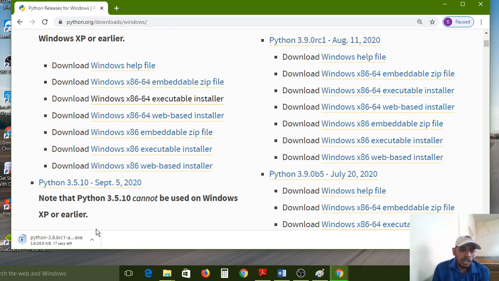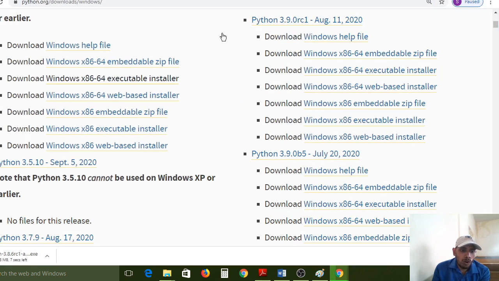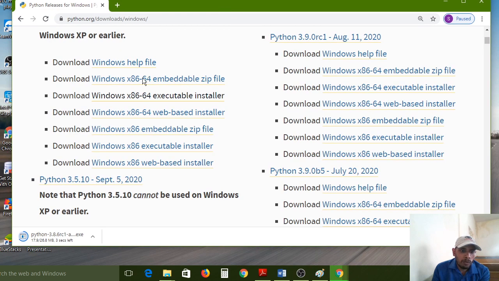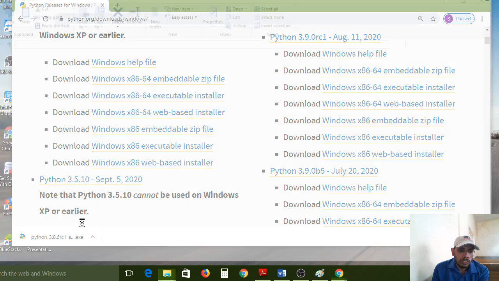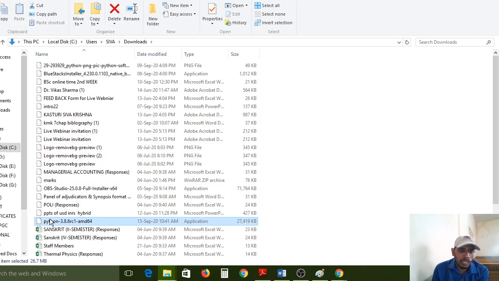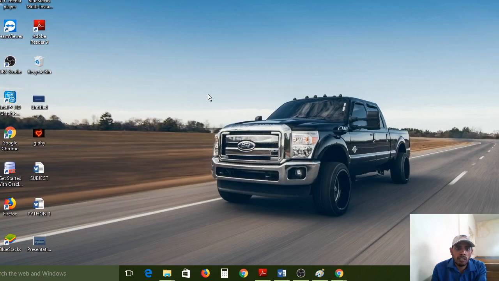I click here. All of you please carefully observe. At the bottom of the page, on the left side, it is downloading. Downloading is over. Now I am choosing show in folder. Right click, show in folder. It is available in the downloads. Now I am copying and pasting it on the desktop. All of you please carefully observe. This is my Python software.